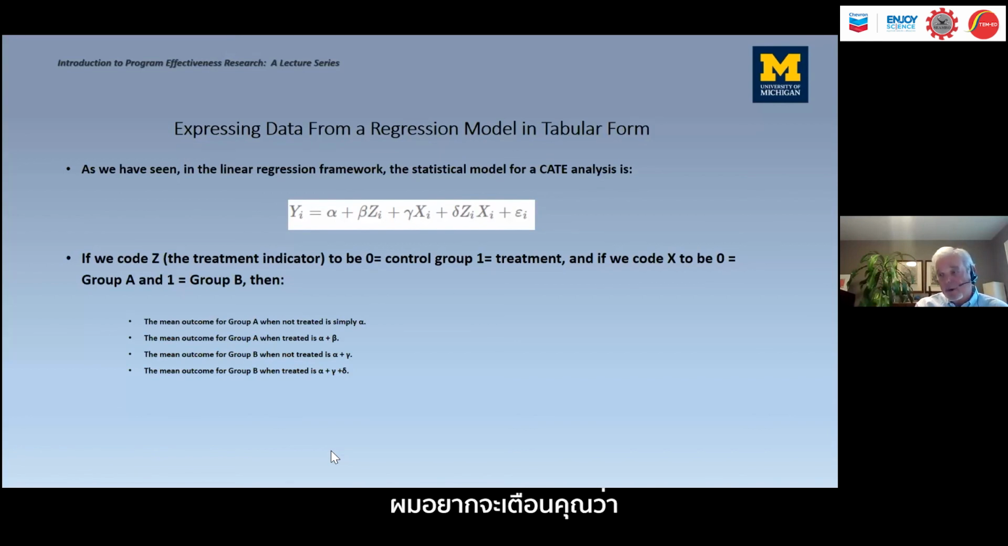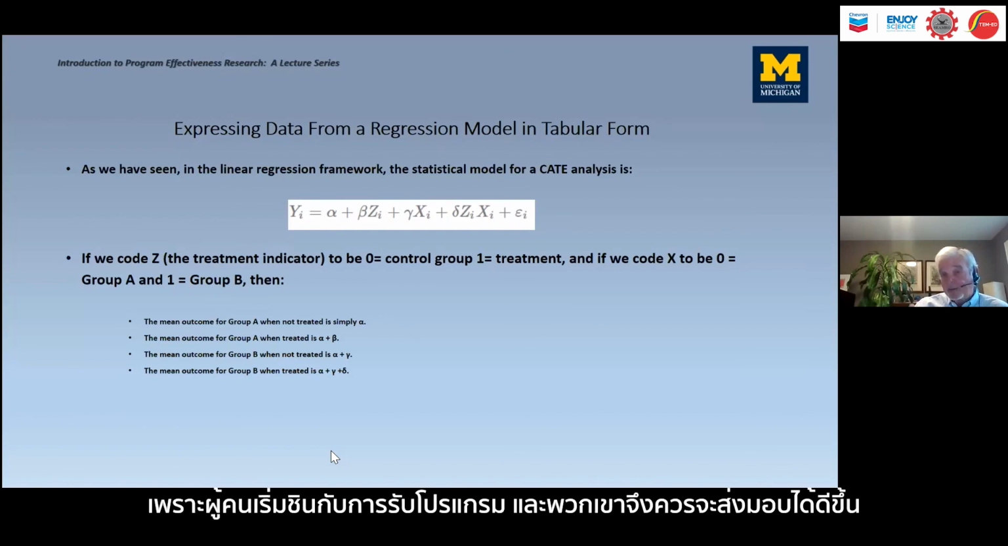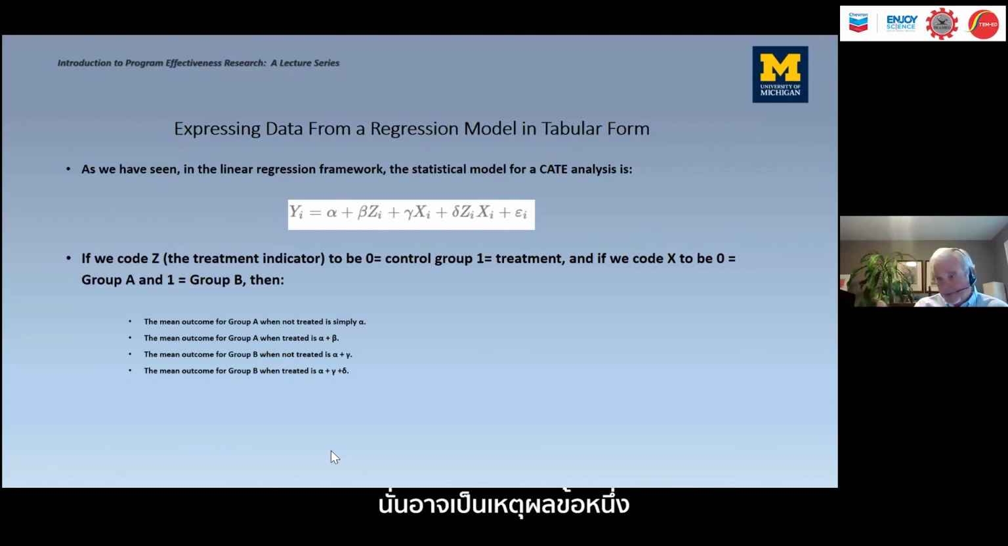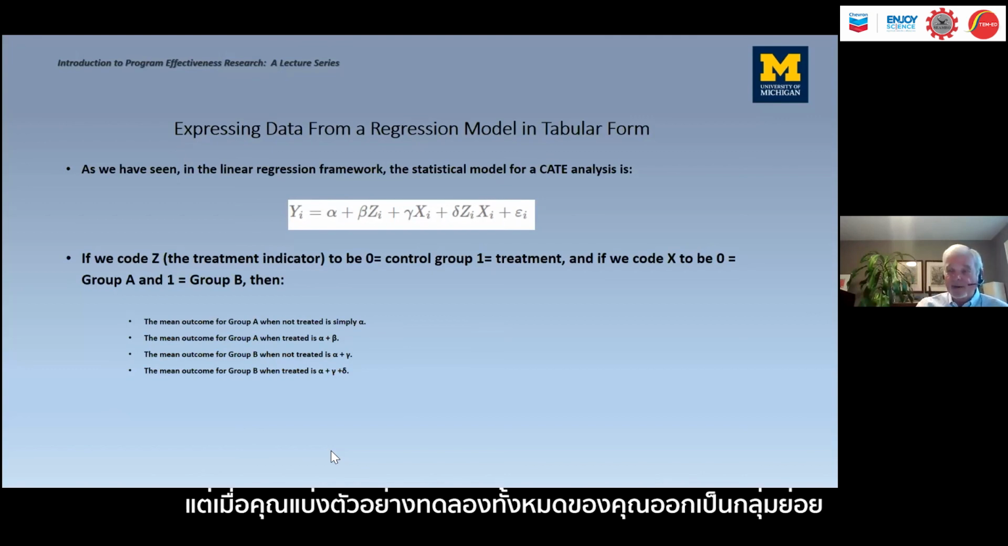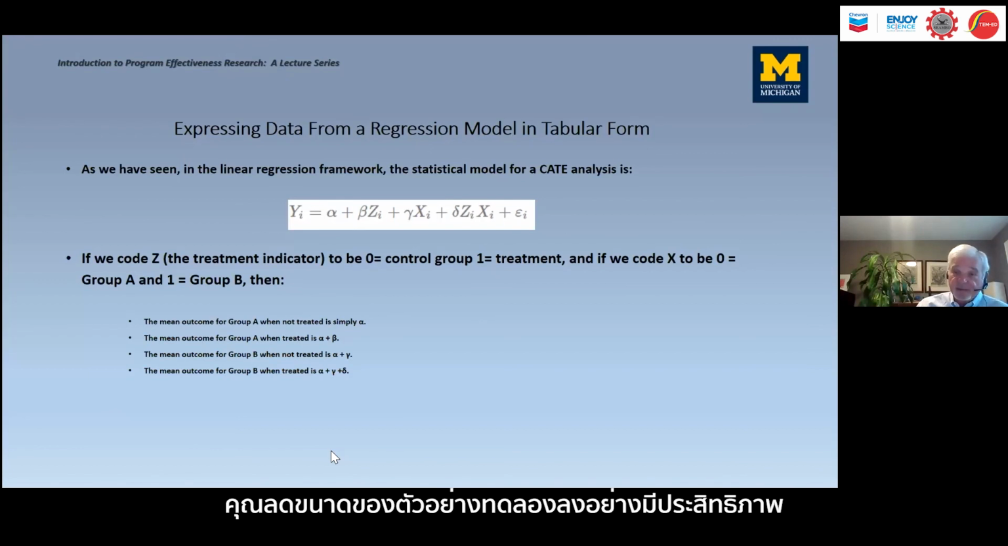I would just caution you that I don't know why you would want to do that. It could be that you have some timing hypothesis. Later cohorts should have higher effects because people are getting used to the treatment and so they should be delivering it better. That may be a reason, but when you break your total sample into subsamples, you've effectively reduced the